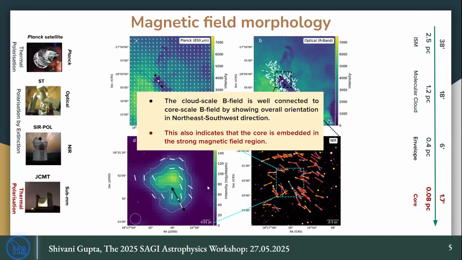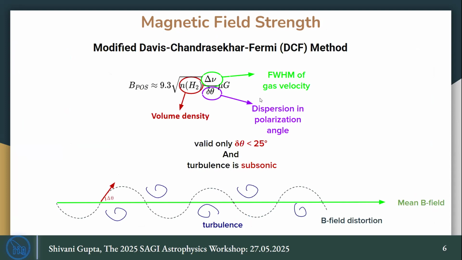To summarize this, we can say that the cloud scale B field is well connected to the core scale B field by showing an overall orientation in the northeast-southwest direction. This also indicates that the core is embedded in a strong magnetic field. To investigate that, we will find the magnetic field strength by using the modified Davis-Chandrasekhar-Fermi method. First, we will calculate the volume density